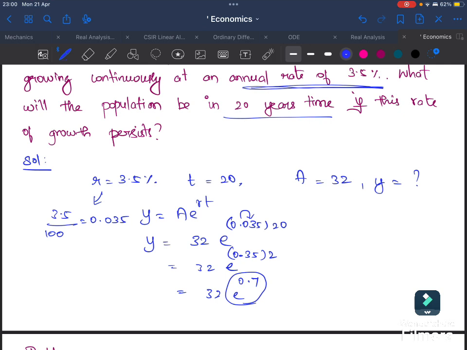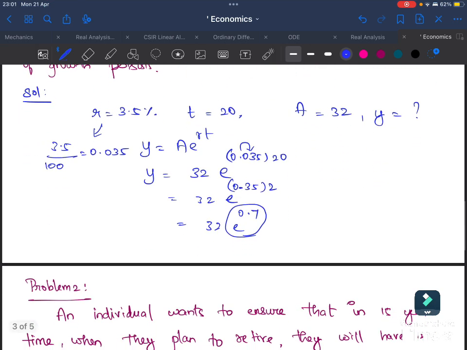Okay, I'll write that also, e power 0.7. Yes, it is 2.013. Again, you multiply this with 32, you will get the answer as around